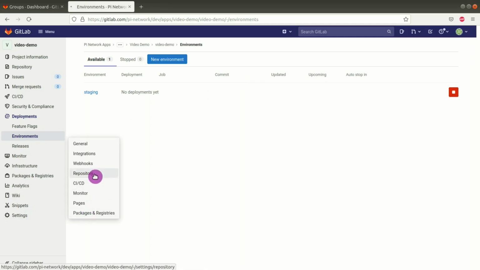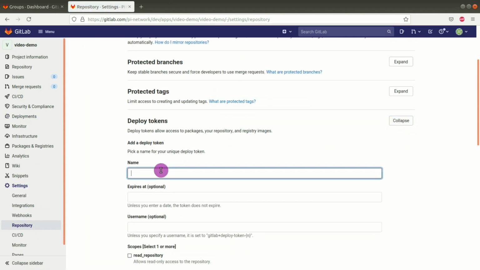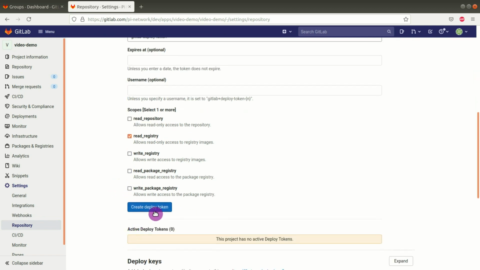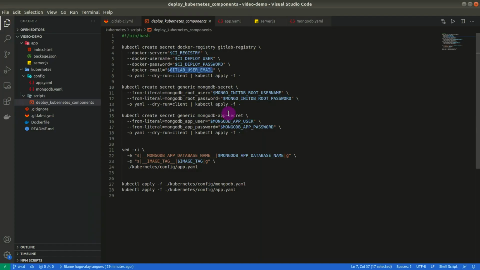settings, repository, and then deploy token, and here we need to create a deploy token. So this token must have this name, GitLab-deploy-token, and we add the read registry scope. Then you can create a deploy token. It will give you a password that you do not need to save, and you can just quit the page. I created my deploy token, so now we can go back to the code, to the script, and see what